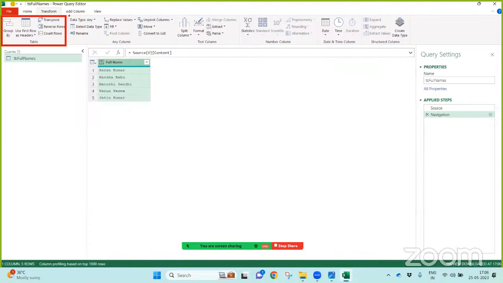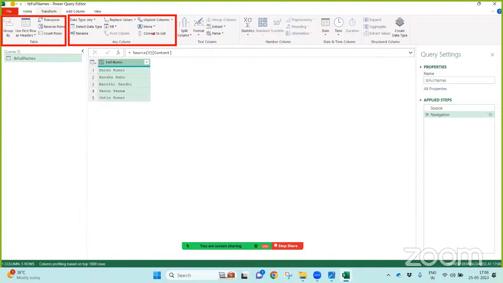Now, if you want to do any transformation with respect to the column, these all are the options. These all are the transformation steps. You can change the data type of any column. Data type basically can be text, date, time, whole number, decimal, and so on. You can even rename the column. You can even replace the values in the column. You can even fill either up or down in the column. You can pivot a specific column.